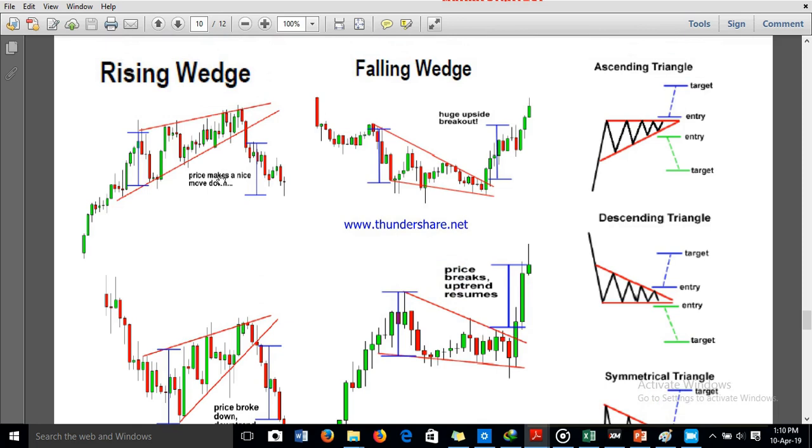It's game over. And then there are also times like this where the market is coming from up. Okay, this one was the market coming from down, and it's also having a rising wedge. It will also drop. Falling wedge,